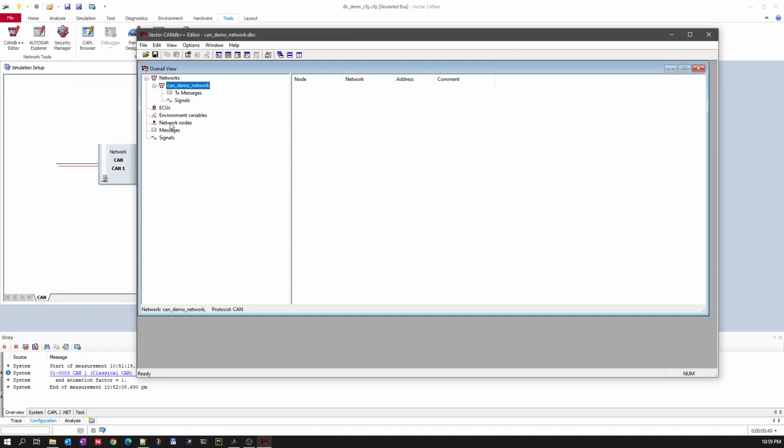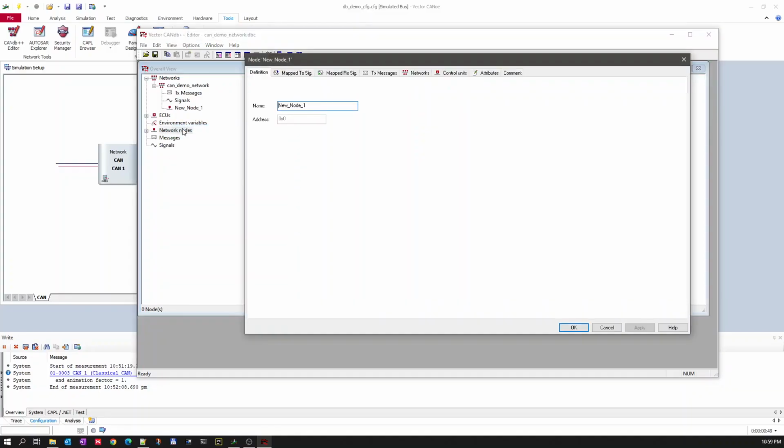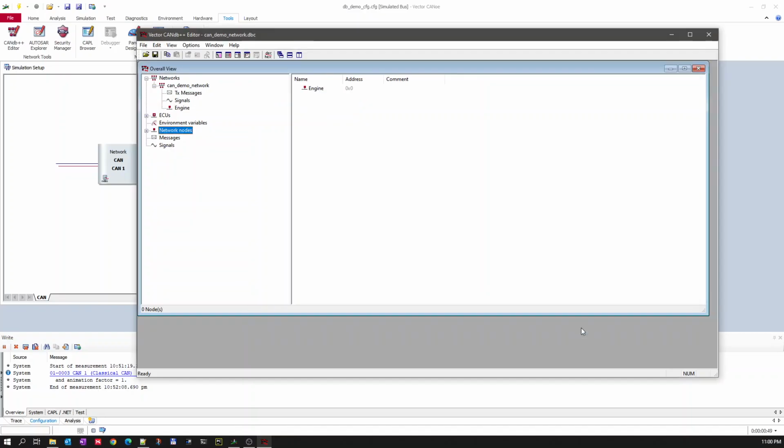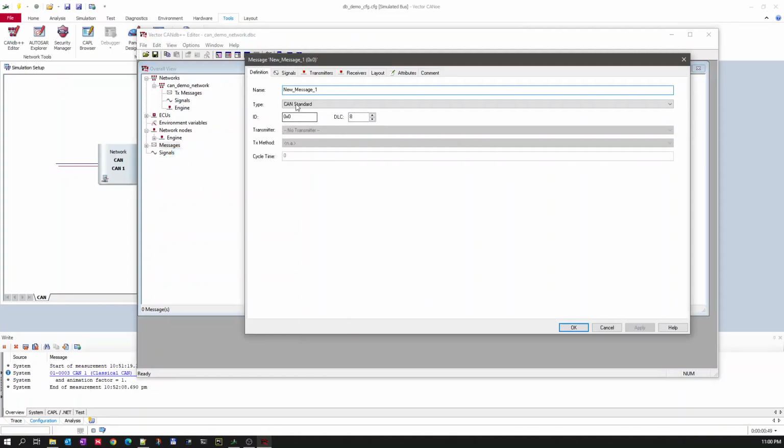Okay, so let's try to create one ECU node. I want to name it as engine. Okay, so let's create a network node engine. Nodes are nothing but our ECUs. Okay, and create a message for that,